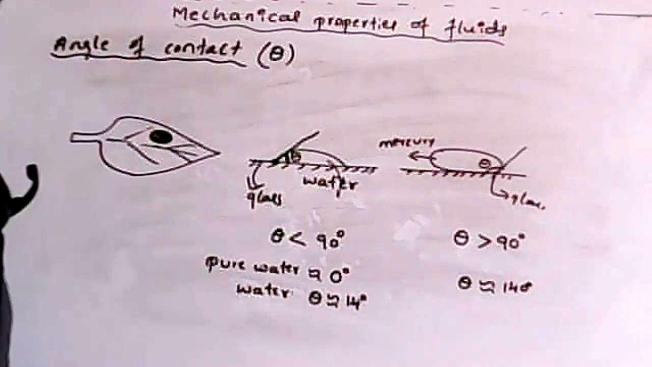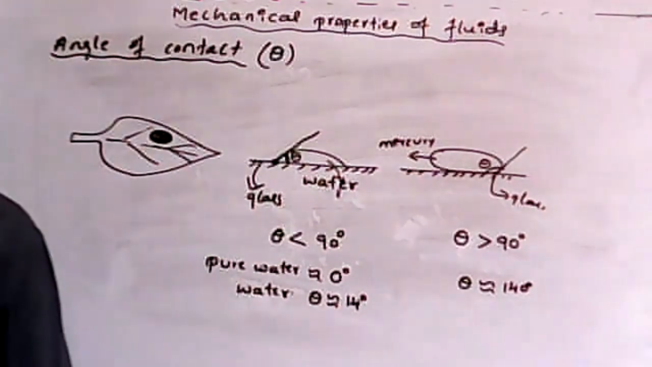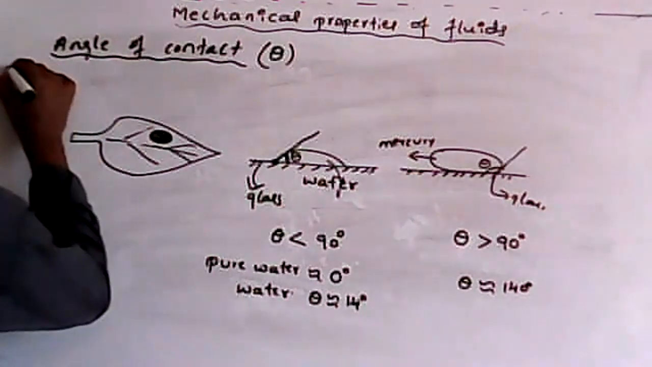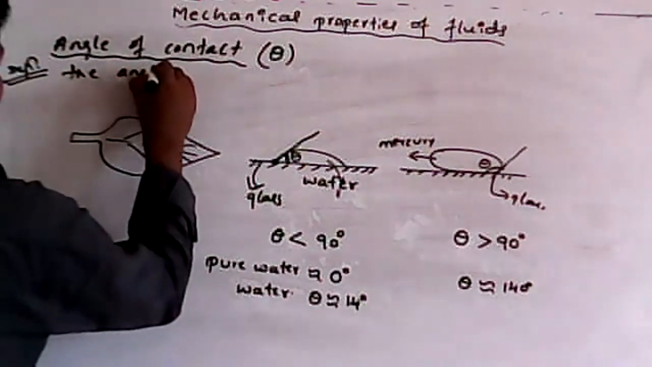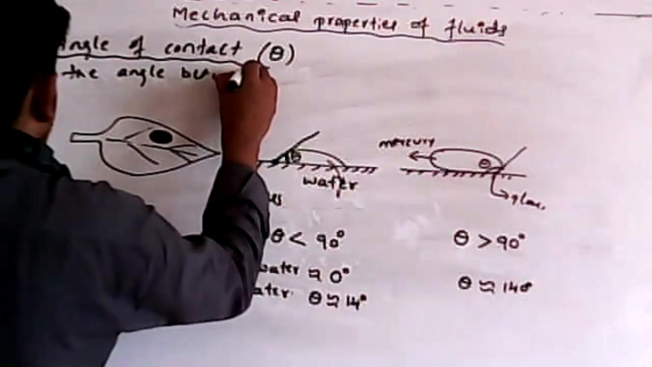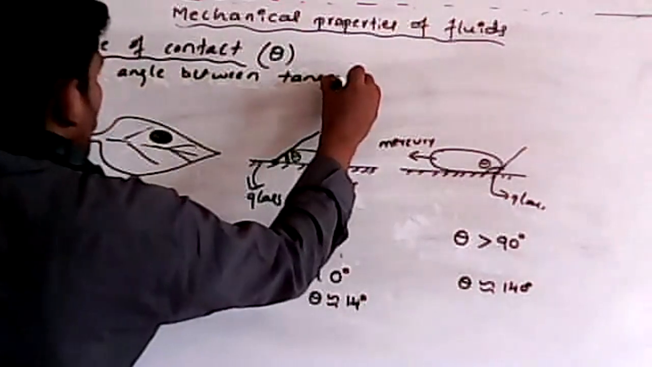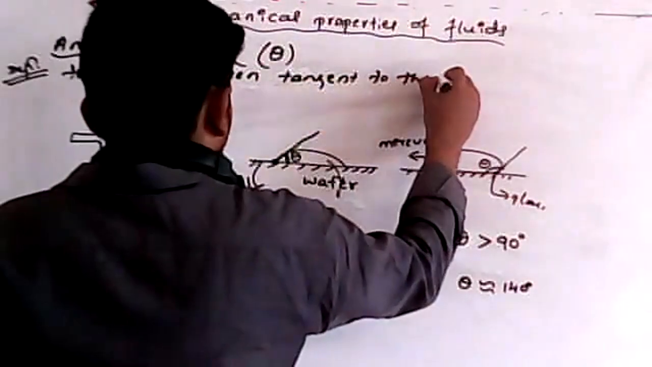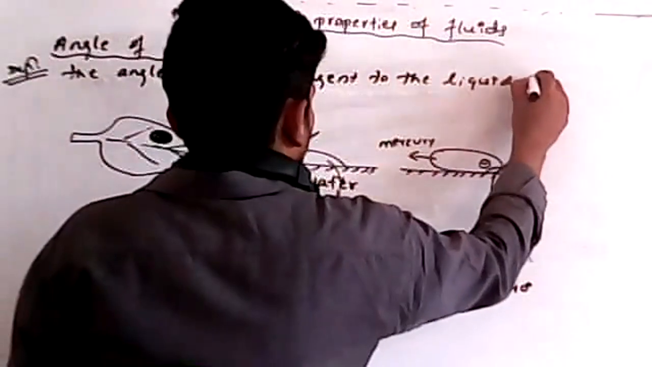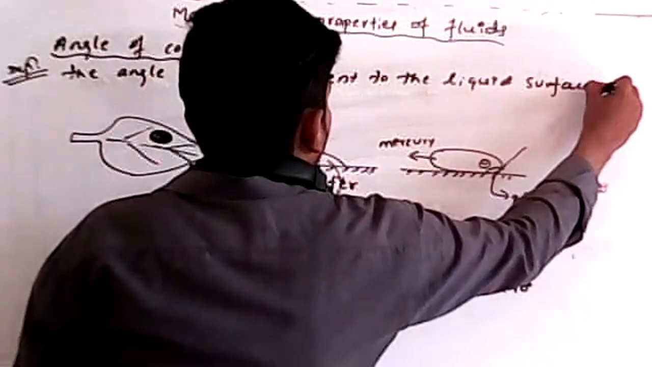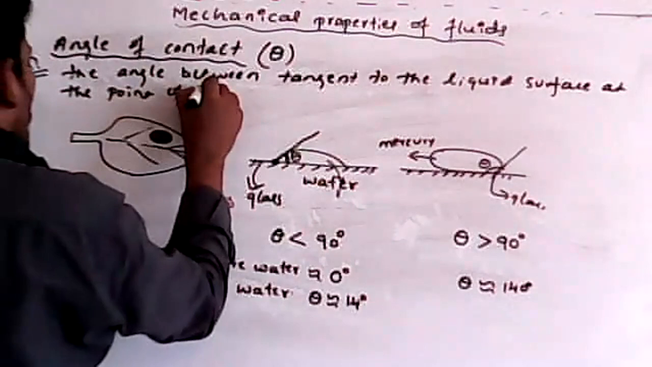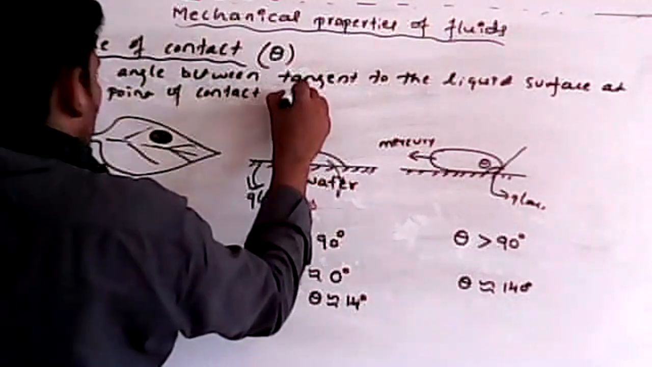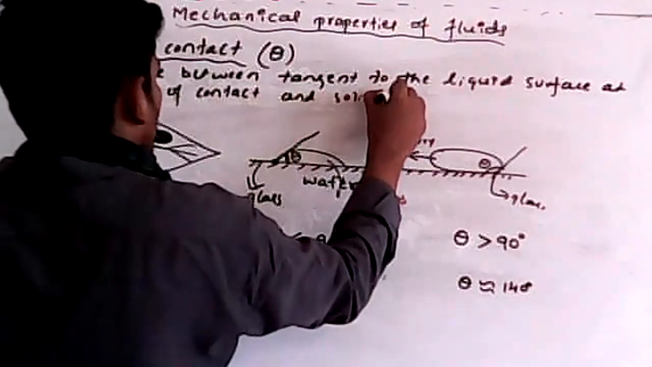Then how can I write the definition for angle of contact, students? What do you mean by angle of contact? Let me write the definition in this way. The angle between the tangent to the liquid surface at the point of contact and the solid surface,